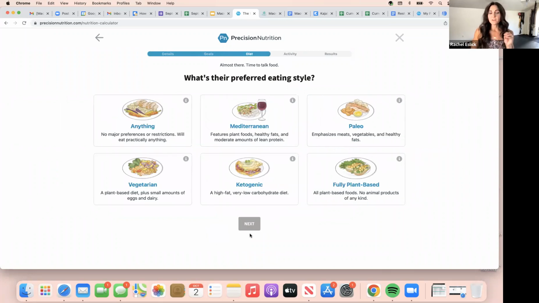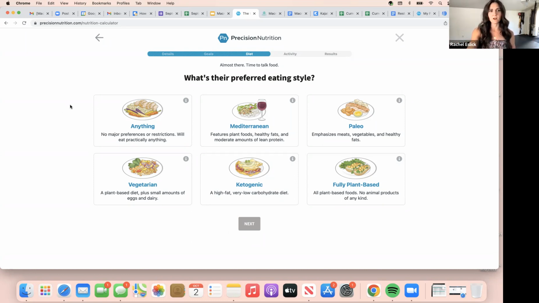And by the way, you guys, if you do this yourself, whatever you answer, you can go back. There's a back arrow. And if you come up with calories or macros, or you're not happy with this, you can do it again. There is no limit on how many times you can do this. I think it's a little bit over the top to put together 10 different options and then choose the one that you like, or do a hybrid. But honestly, you guys can do whatever you want, right? I'm not the police.